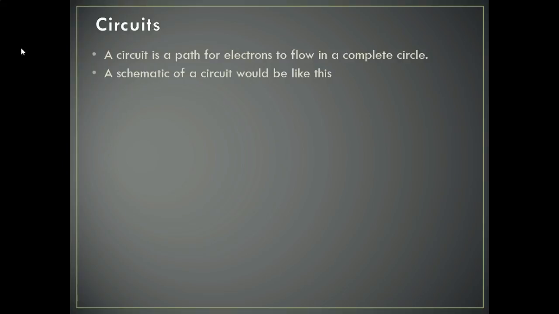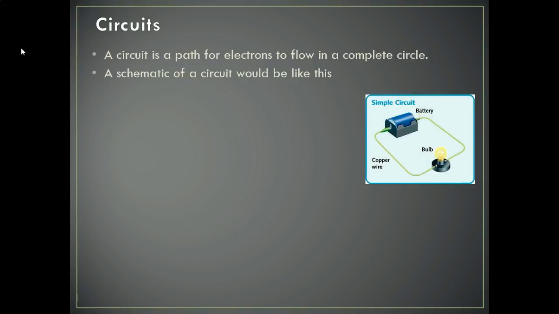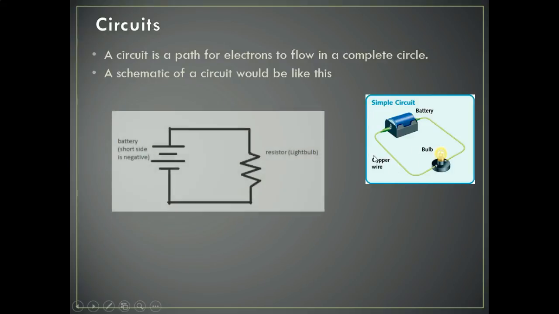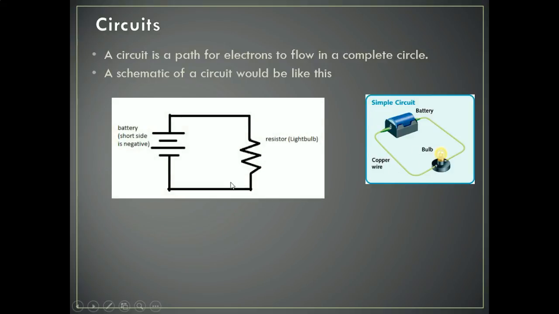And so there's these things called schematic drawings of circuits. If we have this one simple circuit here with a battery, wire, and a light bulb, and it just comes right back, a schematic of the circuit would be like this. Here we have a battery, which is represented by these four lines. And then we have a resistor, or the appliance, or the light bulb in this case. A resistor is just a little squiggle like this. Battery's a set of lines like this. And the battery, the short side is negative,